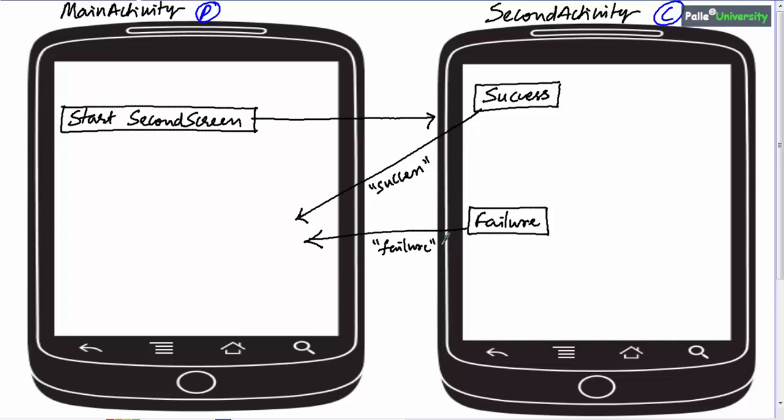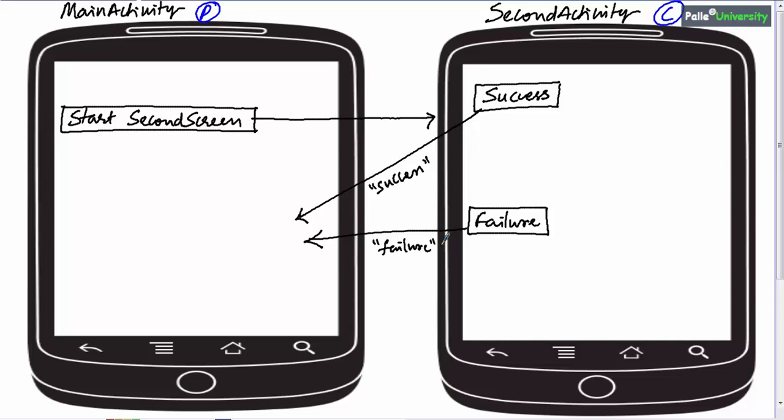Here, these unique identification numbers are equivalent to, in the USA, every person having a social security number as a unique identification number. Similarly, in India, you have an Aadhaar card number as a unique identification number. Similarly, in these scenarios, every child screen should have a unique number. In Android terminology, these unique IDs are called request codes.